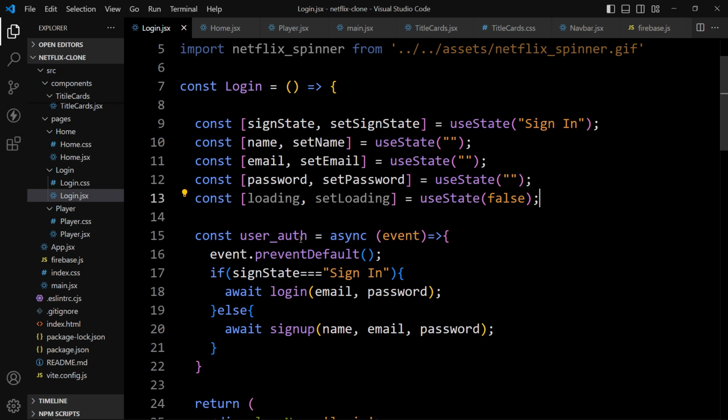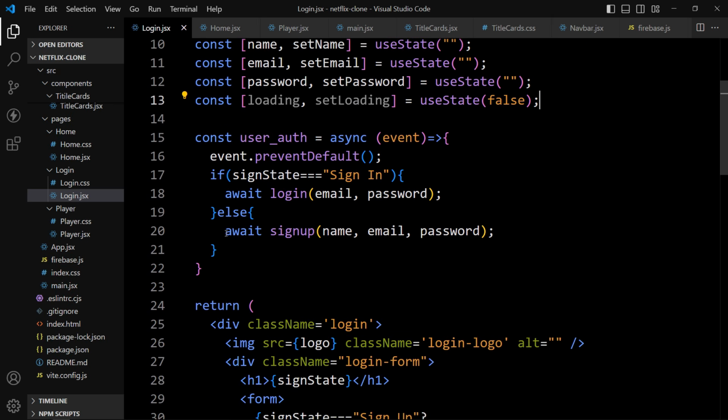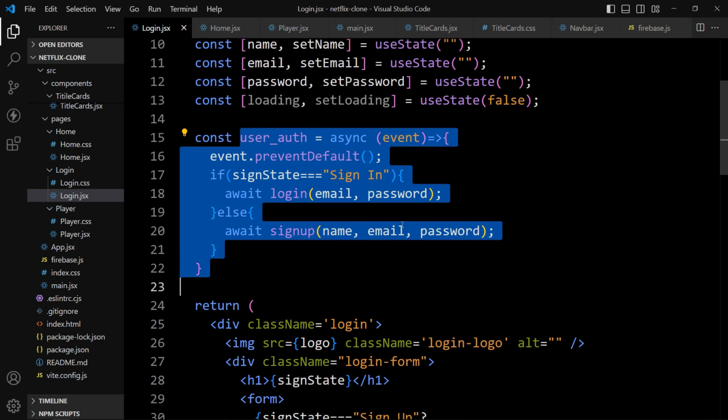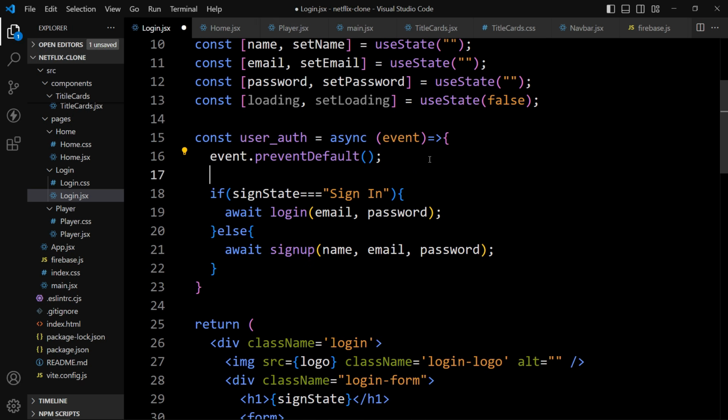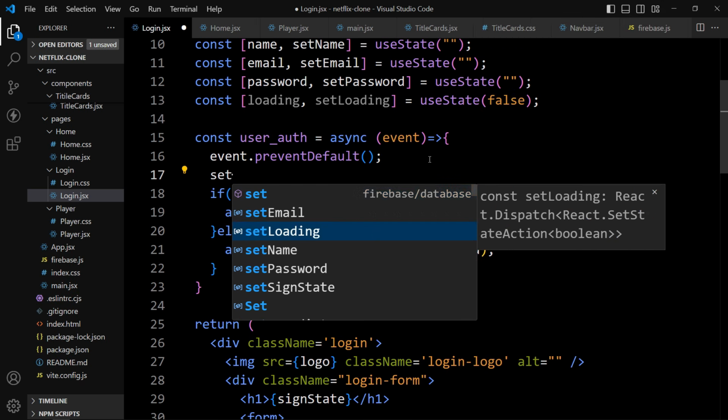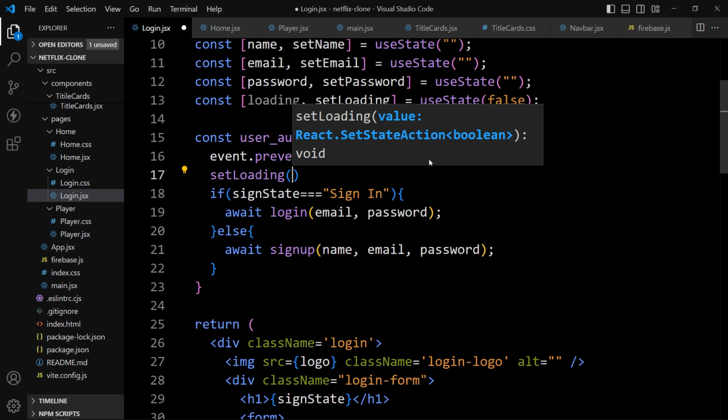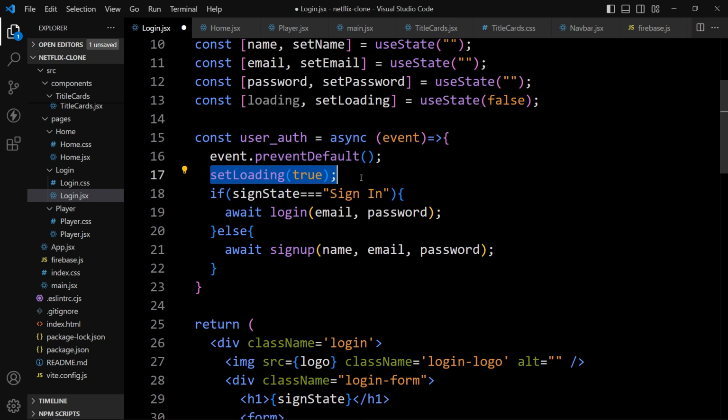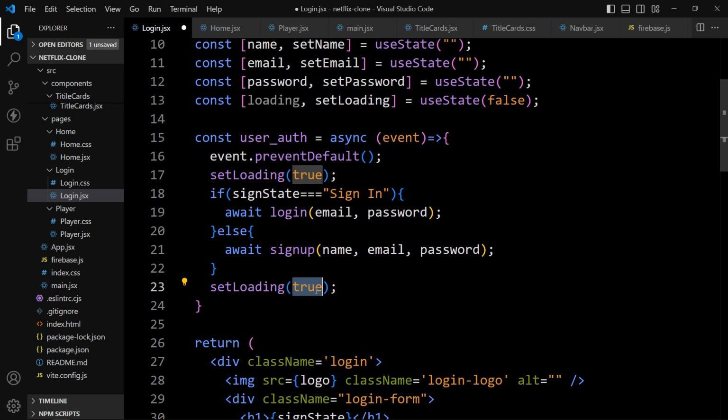So here in this auth function, let's add set loading true. And after successful login, here we will again change it as false. So we will add set loading false. So once we will click on the button, the loading will be true. And once the login or sign up is complete, then this loading will be false. So it will be hidden.